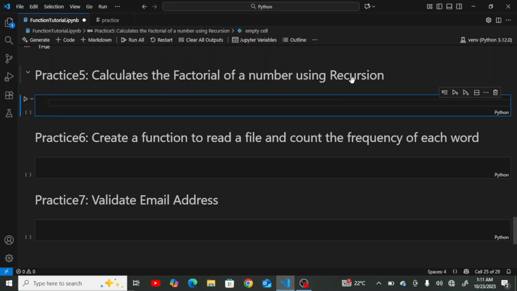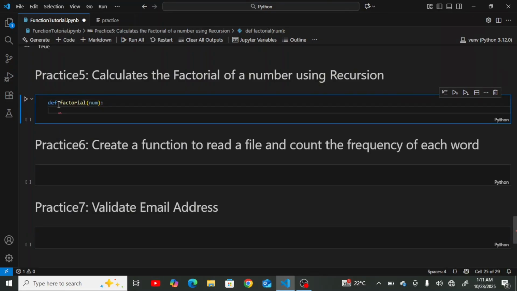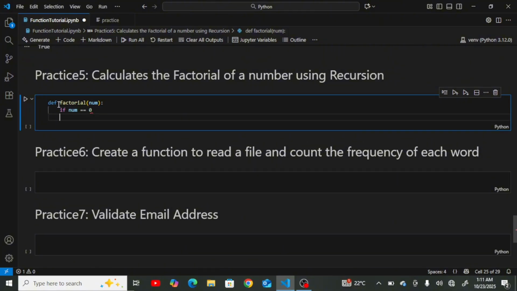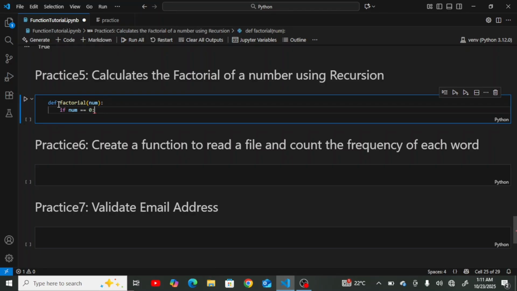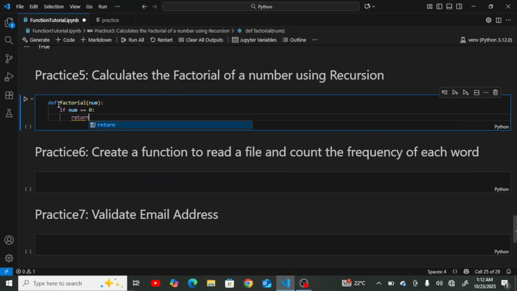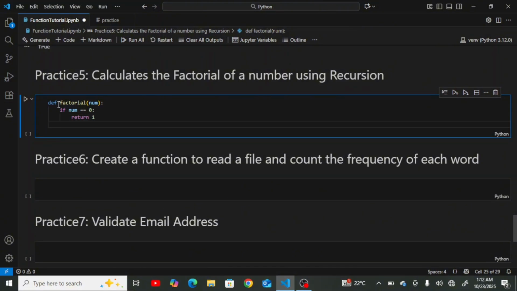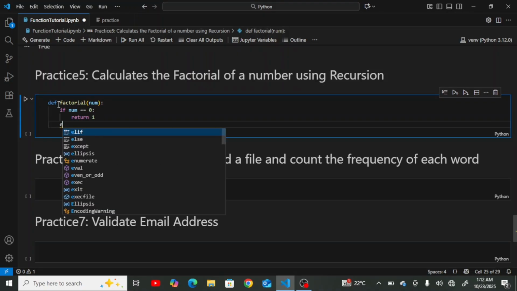Okay, so basically define my function, call it factorial, then the parameter is going to be n, and then if my parameter is equal to 0, return 1, because the factorial of 0 is 1. Okay, else